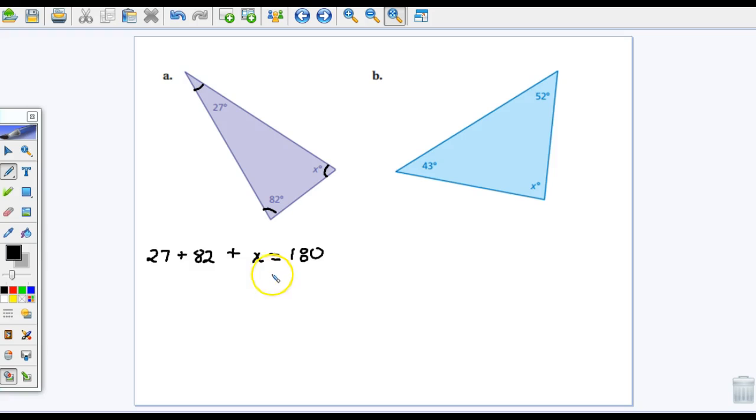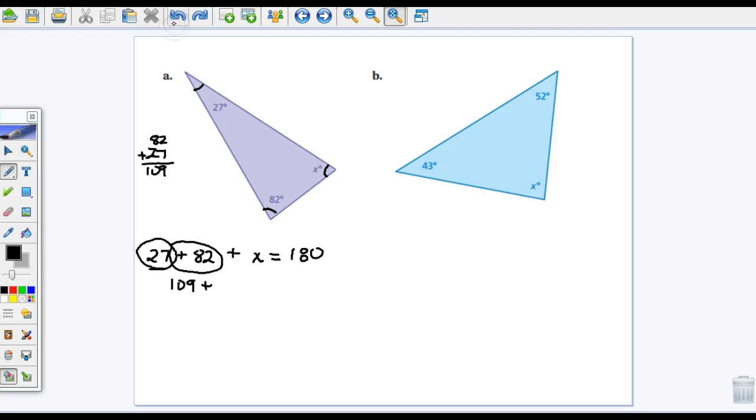I'm going to use my one-step problem solving skills that you learned in 7th grade to solve this. So first things first, I'm going to combine my like terms. I have 27 and a positive 82. I'm going to add those up, and I can't do that in my head, and you shouldn't either. I'm going to write them up and add them as an old school addition problem. So 2 plus 7 is 9, 8 plus 2 is 10. So now I can combine them and say 109 plus x is equal to